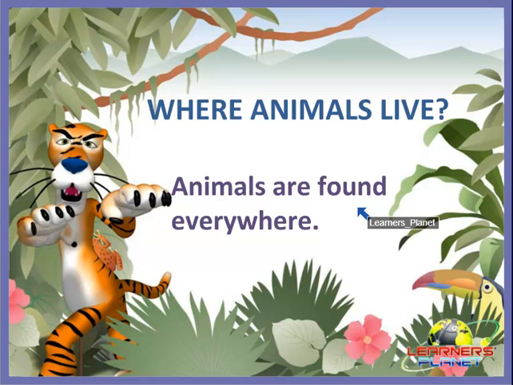Animals are also found on trees, in air, in the deserts, on the mountains, and also in the water. So children, have you got it? Animals are found almost everywhere, in the plains, on trees, in air, in the deserts, on the mountains, and also